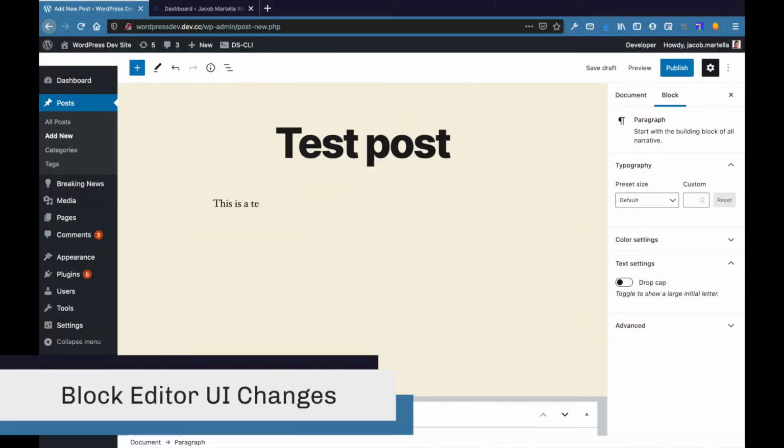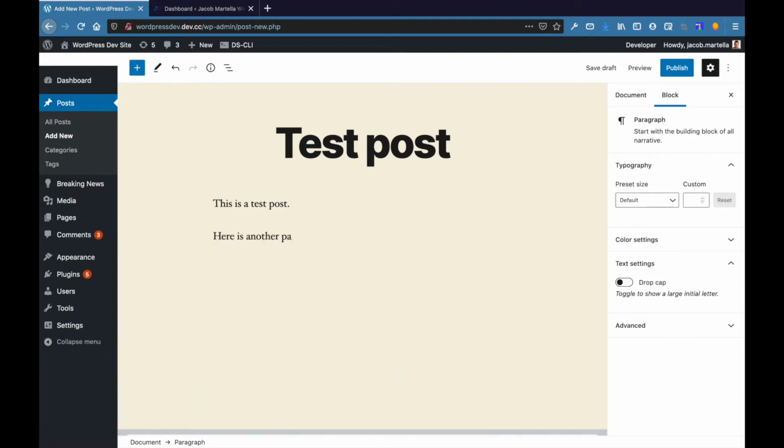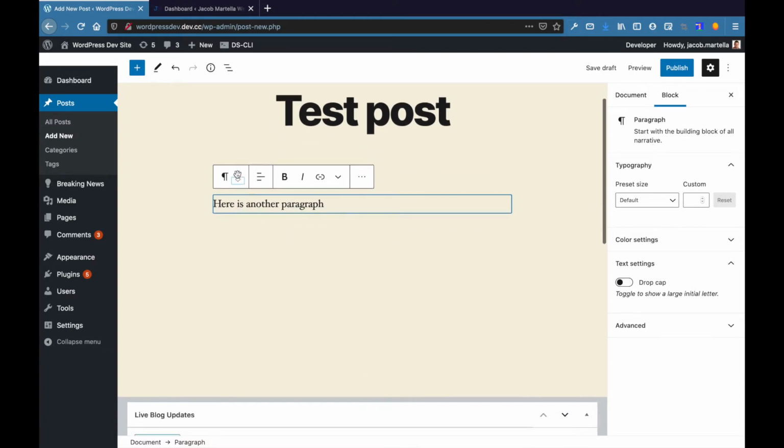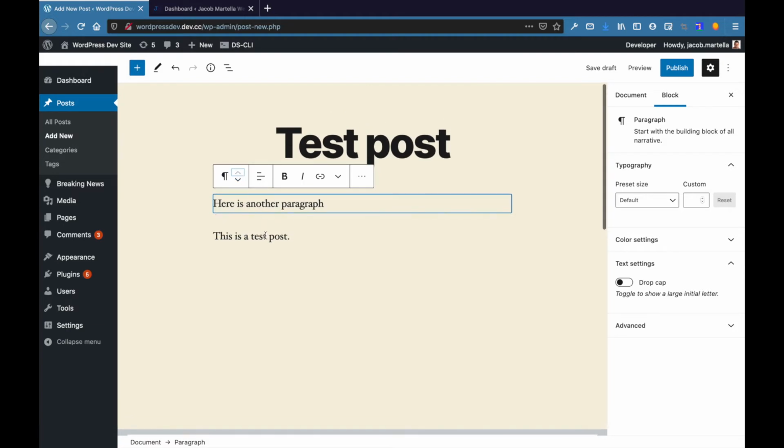on August 11th. One of the first things you'll notice in the block editor is some of the new user interface changes. While a lot of the right-hand column has stayed the same, there are a couple of other changes that might get your attention. First, the change block and move block controls have been moved into one section. You have to be careful about where you place your cursor in order to accomplish what you want.